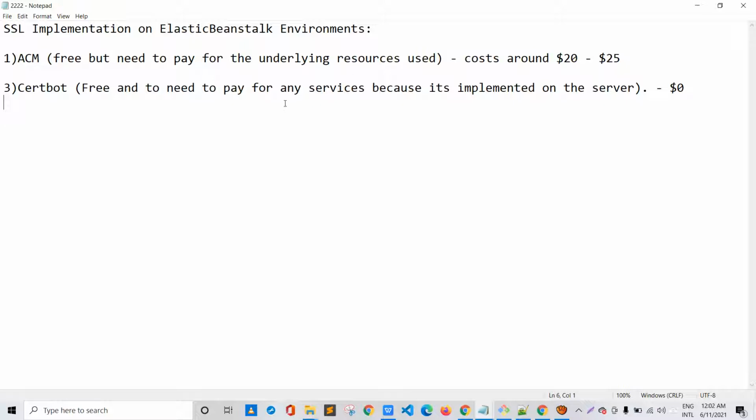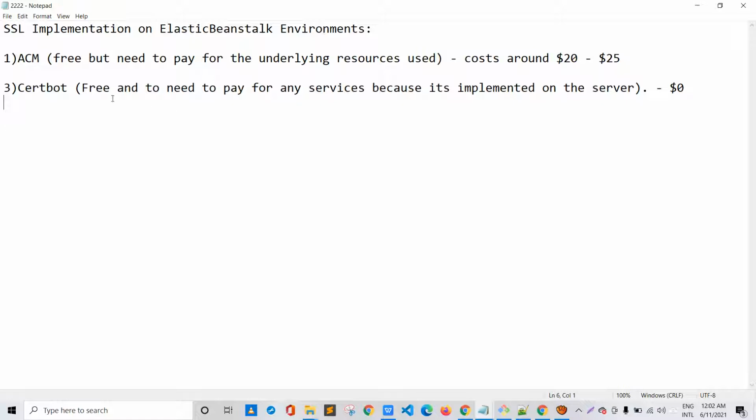And the other service is Certbot, which is a third-party SSL certificate provider, and the certificates provided by Certbot are free and are valid for 3 months. Once the validity ends, you can run a specific script or cron job, or we can say commands, to renew it, and it will again be valid for another 3 months. It doesn't require any underlying resources to be integrated, as it can be directly installed onto the server, and it costs $0. And yes, this is the best part.